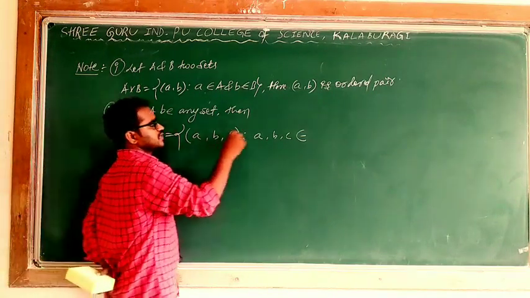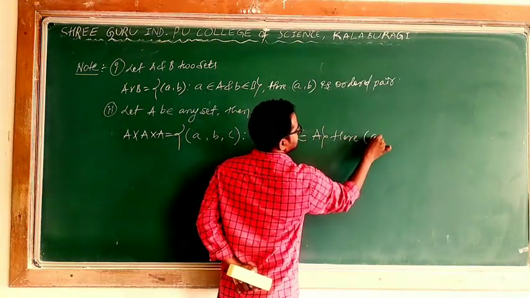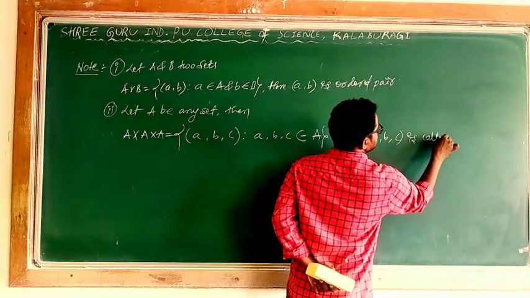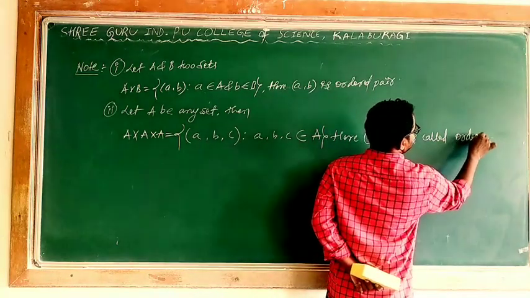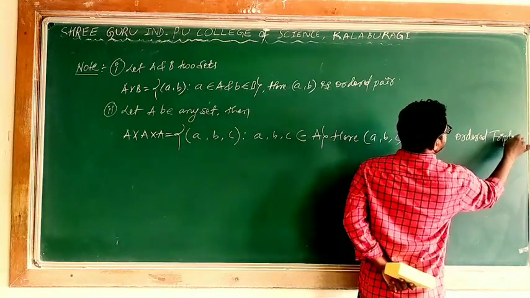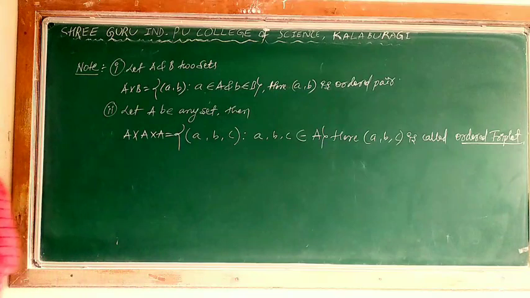All the elements belong to the same set A. This is called an ordered triplet. When we take the Cartesian product of three sets, we get ordered triplets. And third one,